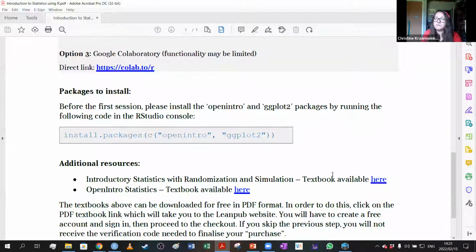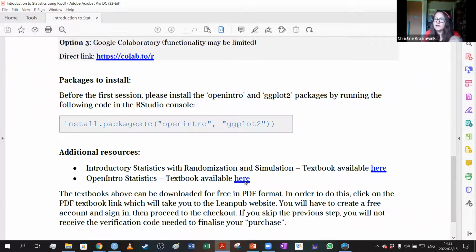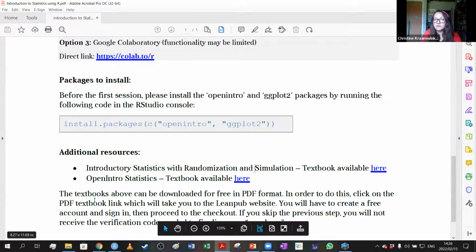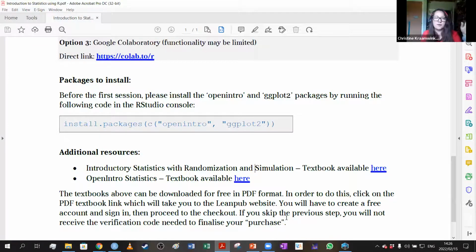And then some textbooks that I recommend. This first textbook, Introduction to Statistics with Randomization and Simulation, is a free textbook. Both of these you can download. They're both by OpenIntro, and once you've downloaded them, you keep them for free. It's important to follow these instructions. When I tried downloading the textbook, I didn't register an account first, and I kept clicking 'please send me the code' and it wouldn't send me the code. So you have to register first, then it will send it. You'll see there's a slider and you just say you pay nothing for the book. If you want to pay, fantastic, but you don't have to pay for the book.